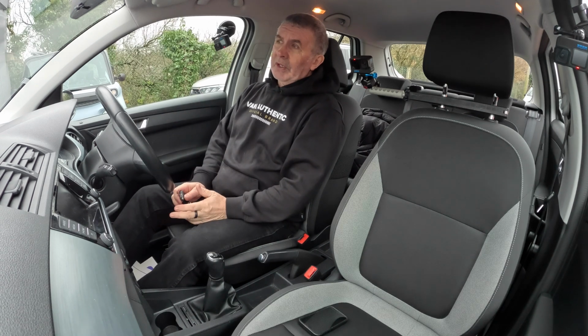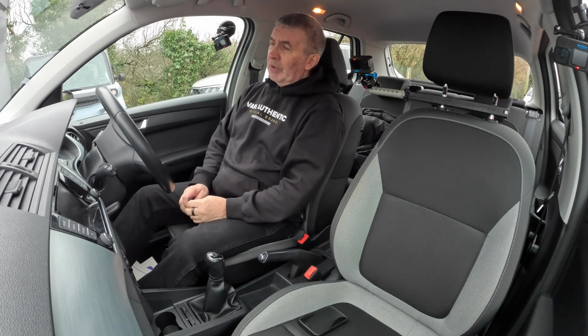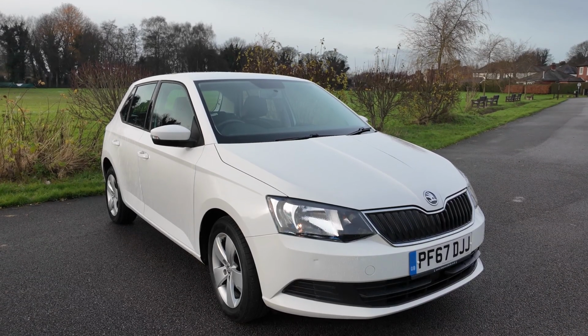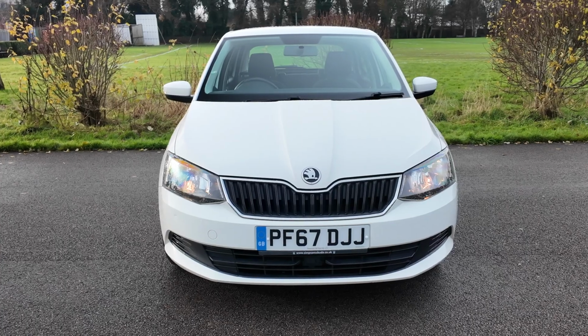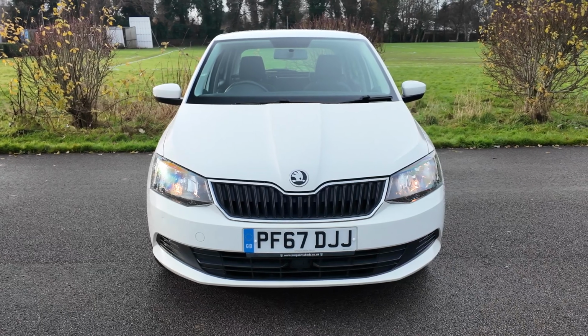Today I'm going to show you around our Skoda Fabia, then I'll take you for a ride in it, but first I'll tell you a little bit more about it. It's a 1 litre TSI SE Euro 6, 999cc, 2017 on a 67 plate, one owner from new with a good service history,